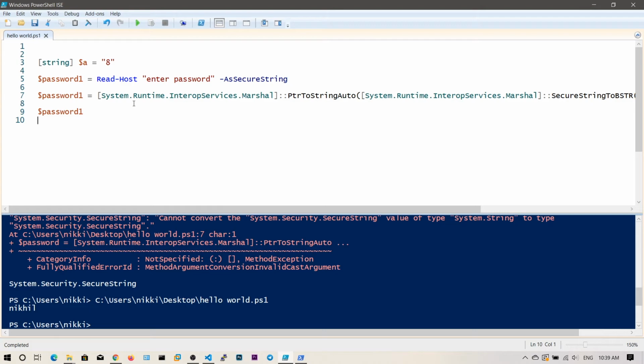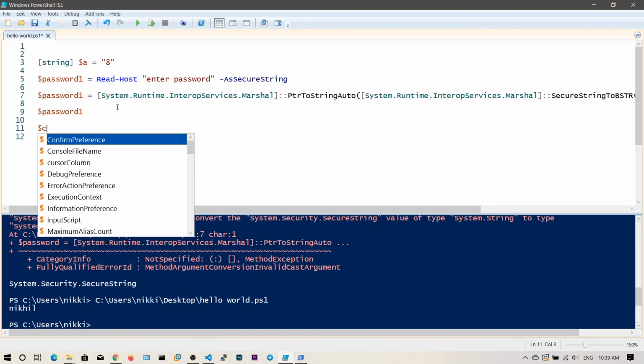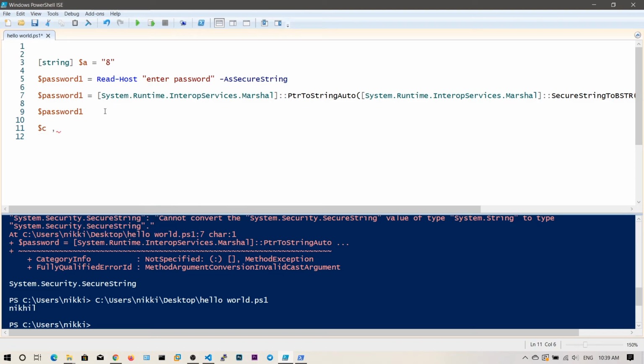And one thing I forgot to tell you in the previous video is that we can assign multiple variables at the same time. That means we can assign multiple values to multiple variables in one line. All you need to say is $C comma $D comma $E is equal to, now I can type 1 comma 2 comma 3.